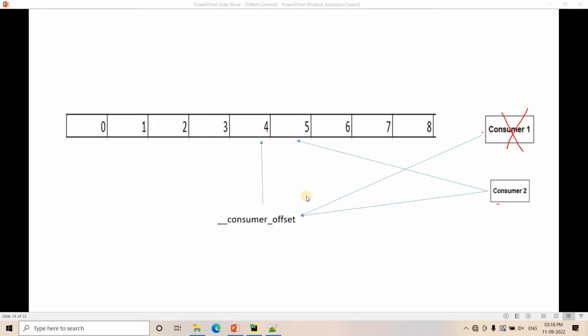But before going to that, I would like to cover one more concept. Here, if you see, consumer 2 is starting the consumption of messages from the last committed offset. Like here, the last committed offset is offset 4. So it is starting the consumption of messages from offset 5, right? Now, what about the initial situation when there is no committed offset? Because suppose